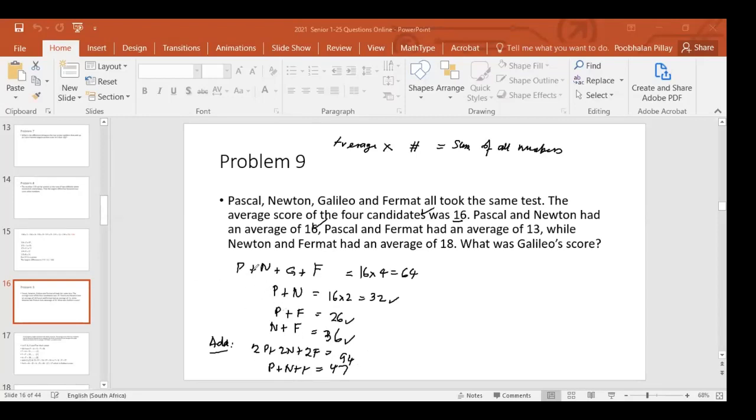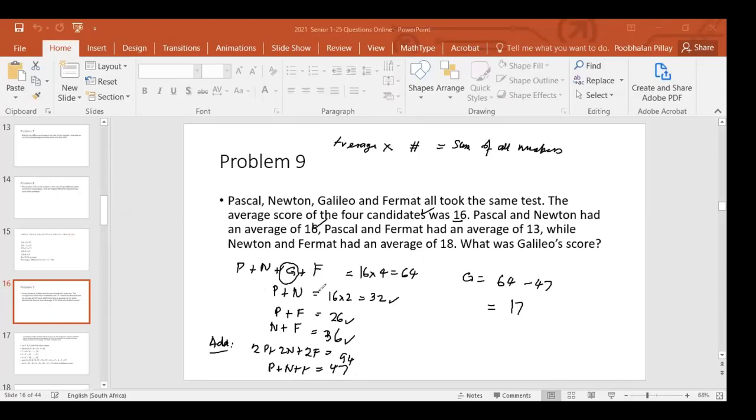All right, now that's very nice, because if I go back to the first equation, that's the one that I want to get. But the sum of these other three, I can make G the subject here. The sum of the whole lot is 64. The sum of three of them is 47. Right? So the last one is 64 minus 47, which is 17. So that is how you calculate this.